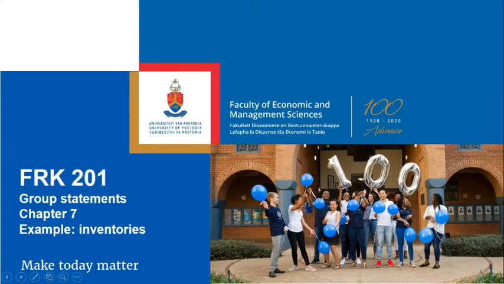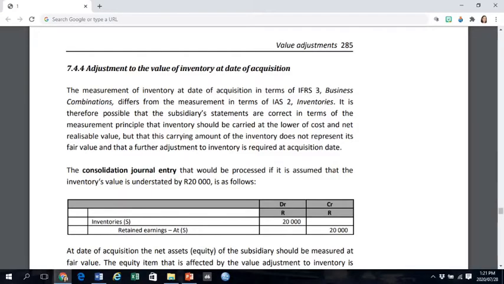Group Statements, Chapter 7, example where there's a value adjustment necessary on the inventories at acquisition date. Adjustment to the value of inventories of the subsidiary at date of acquisition. The measurement of inventory at date of acquisition in terms of IFRS 3 business combination, which is at fair value, differs from the measurement in terms of IAS 2 inventories, which is at the lower of cost and net realizable